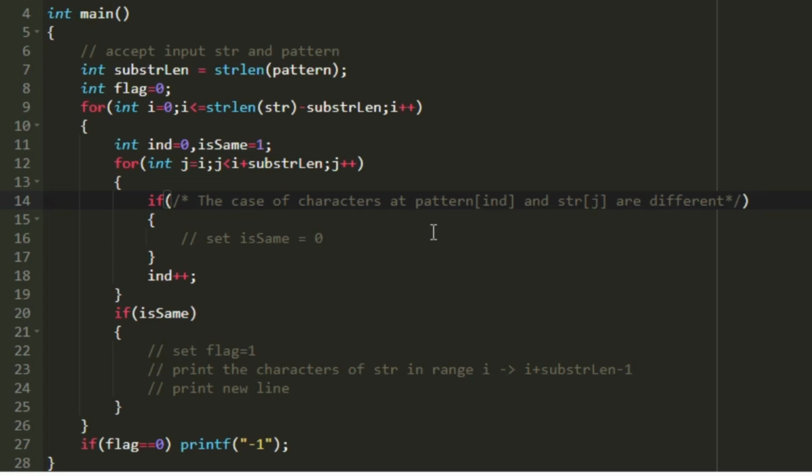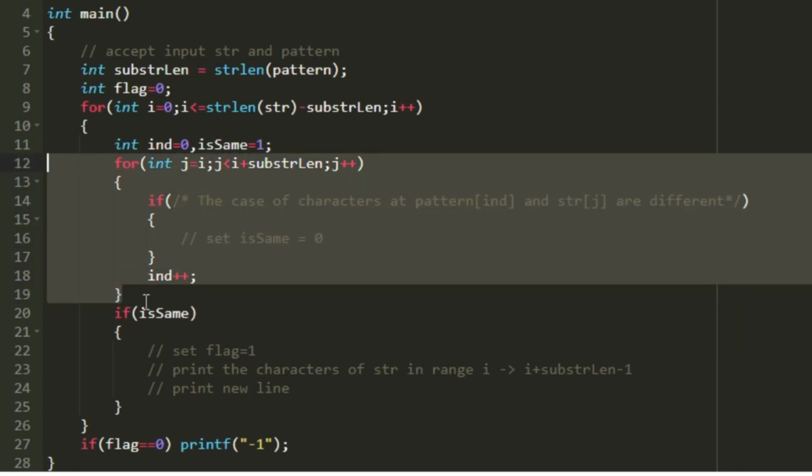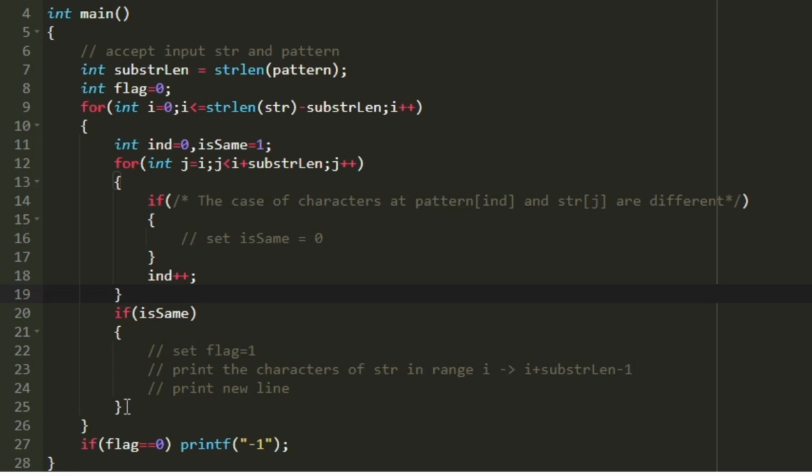And in every iteration of this loop we will also be incrementing the value of the variable index, so index plus plus. So if pattern of index is lower and str of j is upper, or str of j is lower and pattern of index is upper, then we set is_same equal to 0.